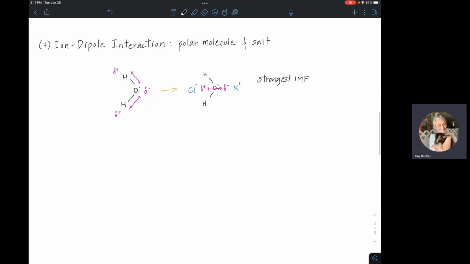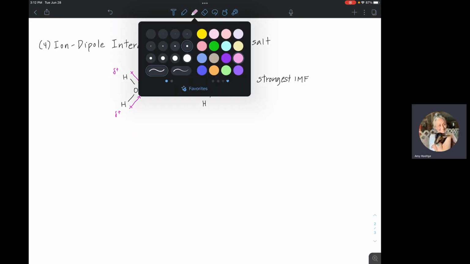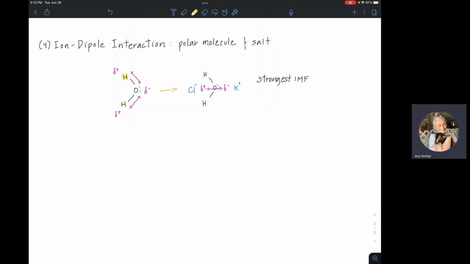And here's the point where usually in Gen Chem, we just give this example and we're like, and this is the strongest, and have a nice day. Like, here's an ion dipole interaction. In organic chemistry, I want to show you that in this moment, I have drawn for you a polar molecule that is considered to be protic. And by that, I mean it has hydrogens that can hydrogen bond, right? So this is a polar protic